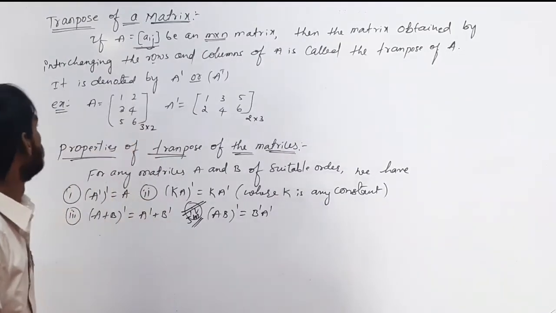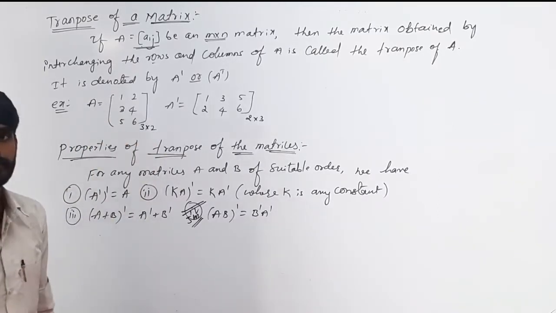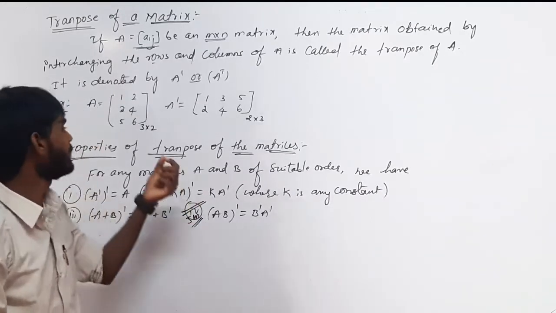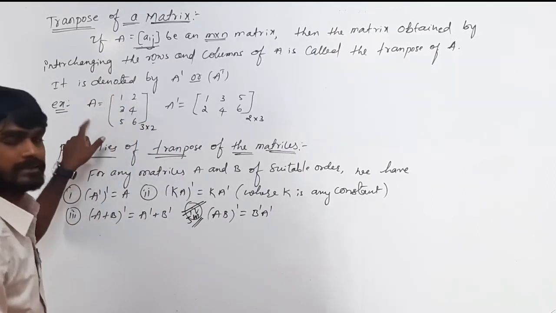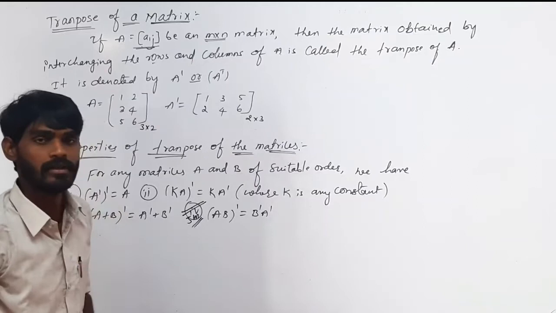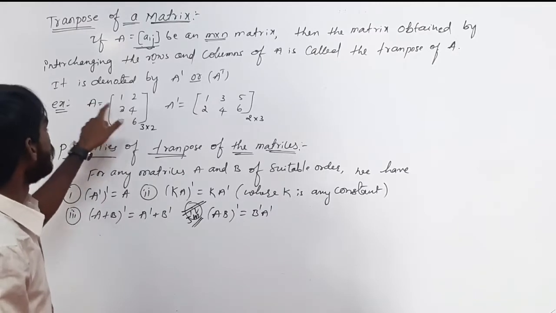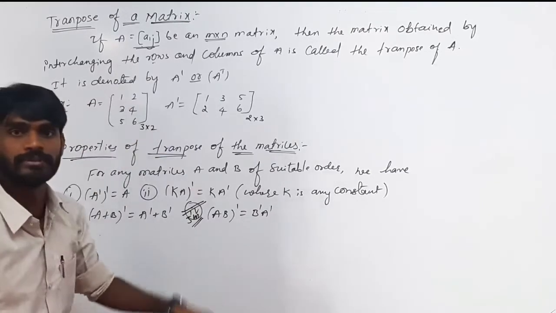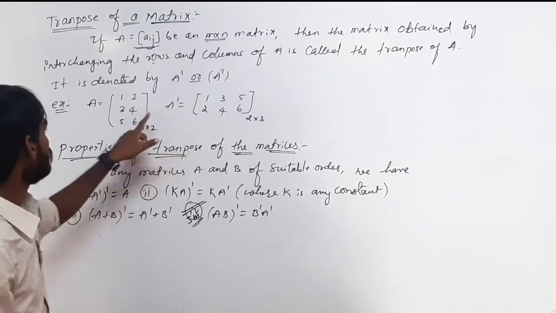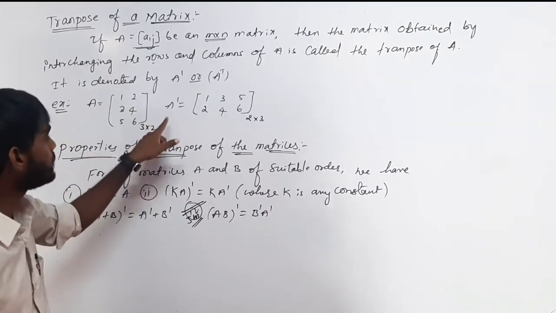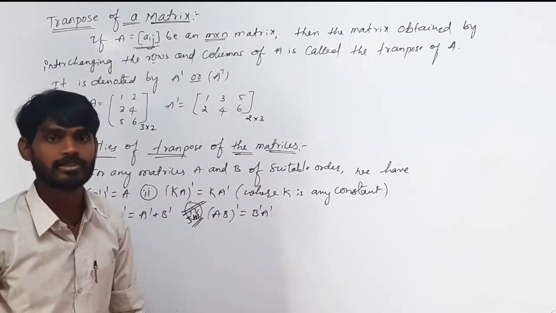For example, look at here, I am taking a matrix A whose order is 3 cross 2. Now I am going to find the transpose of this matrix. Already we know that transpose of a matrix means we are interchanging rows in terms of columns. This is A dash, which denotes the transpose of a matrix. So here 1, 2 is in a row, next in A dash we are going to write it in a column. So this matrix is called the transpose of a matrix.